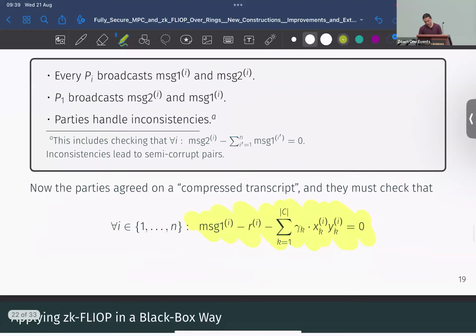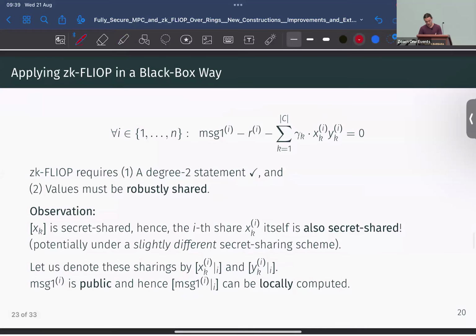All right. So this is the equation I want to check. The only thing I really want to transmit is, we have shares of this, we have shares of this, we have shares of this, and we're missing shares of the R. I'm not going to show the slide, but basically the quadratic term in the preprocessing comes from this R. This R is a value that we don't have robustly shared. So we proposed different ways of robustly sharing this R, and all the ways we came up with incurred a term that is n squared, like basically having robust shares of the parts. So this is where the bottleneck is.